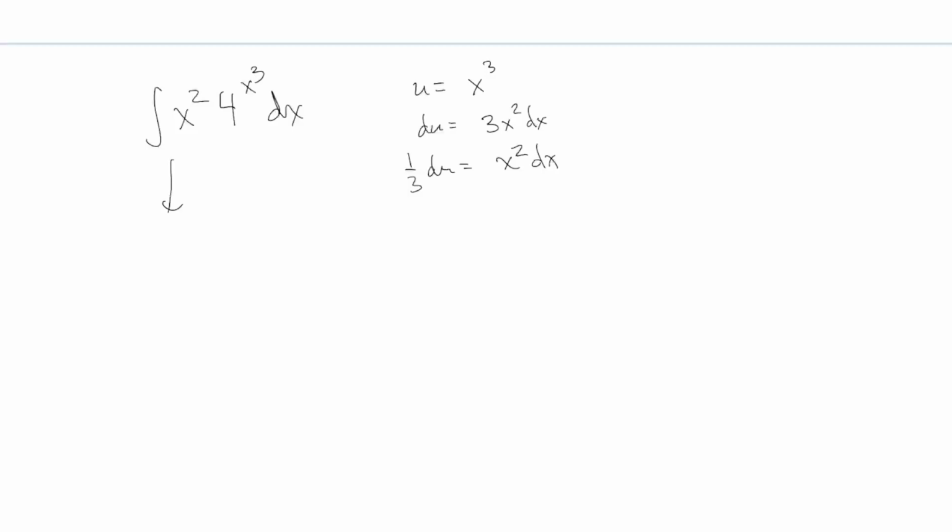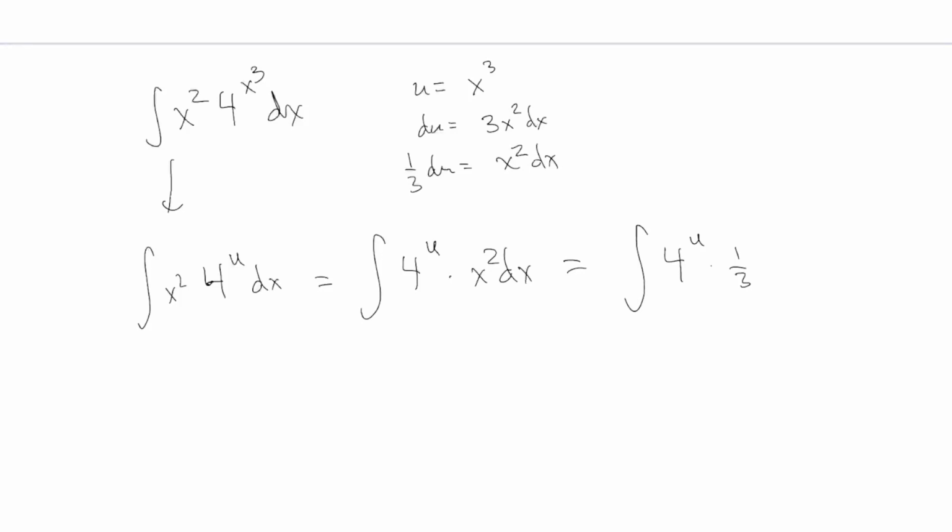And so now I start to do my substitutions. x squared, 4 to the power u dx. I'll write the 4 to the u first, times x squared dx. And then x squared dx is 1/3 du, so this is the integral of 4 to the u times 1/3 du. Move the 1/3 out. And this is the point at which most people got stuck, not knowing how to handle the integral of 4 to